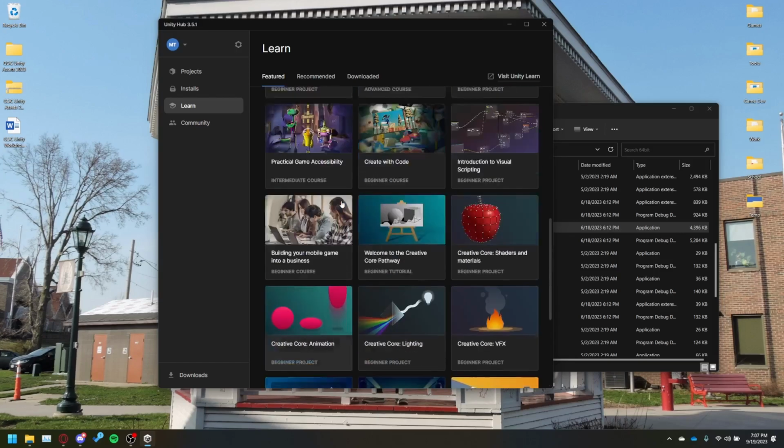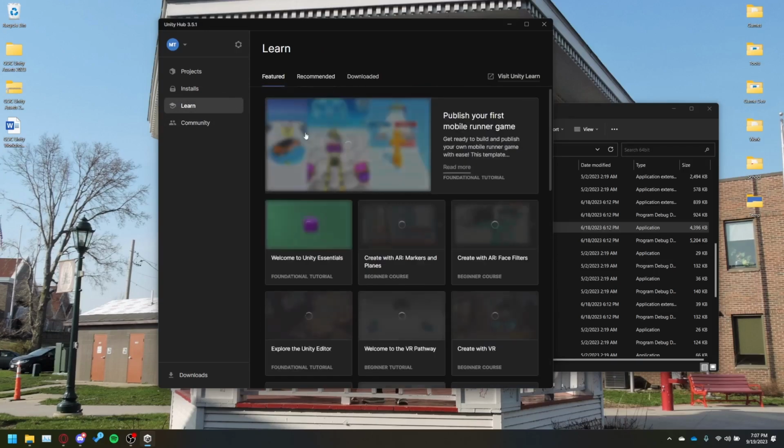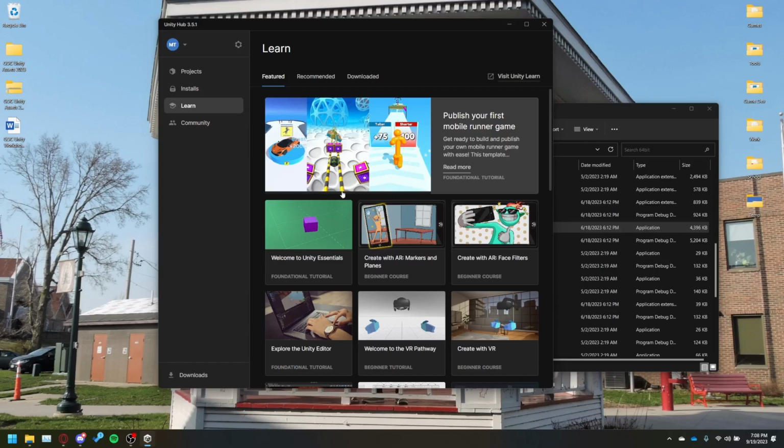I don't know where the simple ones are, but some of these tutorials, like the publish your first mobile runner game, usually what happens with those is you can download a template and it'll open up Unity and give you a step-by-step guide through the editor on how to actually make stuff, which is really nice because there's so much stuff on the screen, and this will literally highlight sections for you and tell you to click this button and it'll do this thing, and they're pretty informative. So I've done a couple of them just to see what they're like, and they're actually really nice. But if you ever want to do something on your own, I would recommend looking through this tab,